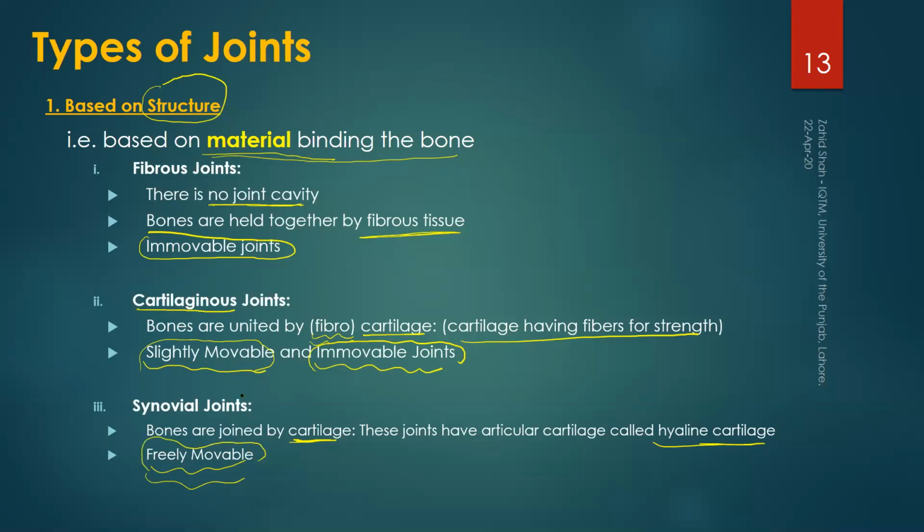Now, why are these joints called synovial joints? We will see in detail that when two bones make a joint, at the end of the bones is a cartilage, and there is a cavity, a gap between those two joining bones. That cavity is encapsulated by a layer, and from the inside of that layer, a liquid is discharged, and that acts as a lubricant. That liquid is called synovium. That is why these joints are called synovial joints. We will see their structure in some detail.